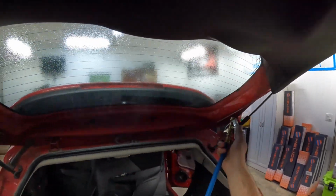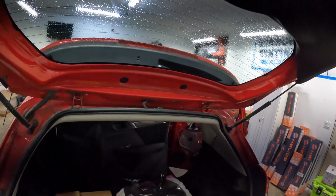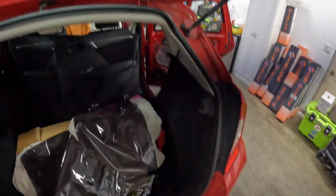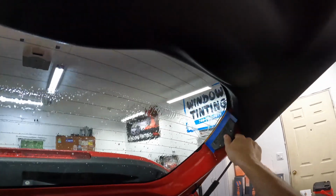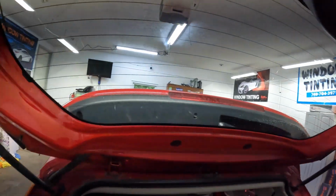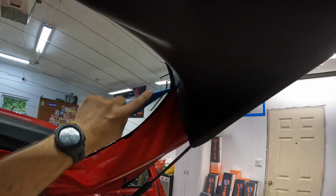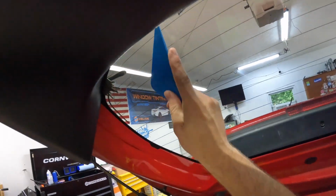I am going to stick this window and call it a night though. So, since I did remove the old window tint off of this window, and I've scrubbed it and everything, I am going to go ahead and give it 2 squeegees. That's on the outside. Go ahead and squeegee it twice, just to make sure. Shouldn't be really anything to worry about, but